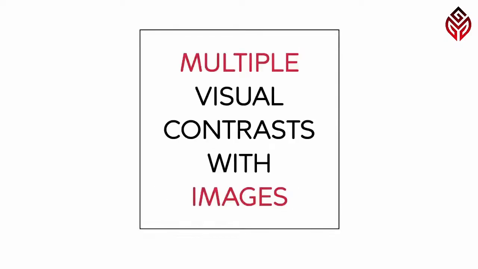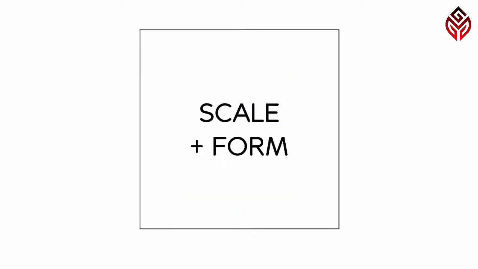So we've looked at how multiple visual contrasts work with type. So now let's have a look at how some of these multiple visual contrasts work with images. I'm going to use some of the images that I just have lying around from our very first image making class. So if we looked at something like scale and form, for instance, and before we'd looked at a large circle and a small square, if we just transpose those